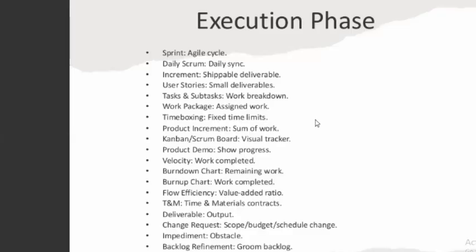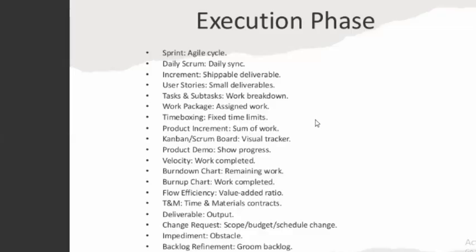So we also have what we call a Kanban board or Scrum board. We're just looking at how you have a Trello board that has to do, doing, and done. So a Kanban board within Agile is just a board that describes what you intend to do as to do, what you are currently doing, and then what you have done. So it's just a simple board. So anytime you hear Kanban board, it's basically a visual tracker of work activities.